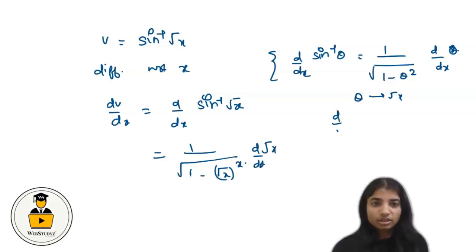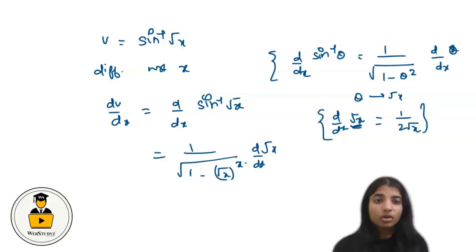And we know that the differentiation of d divided by dx of under root of x is equal to 1 divided by 2 under root x. We can easily calculate this value. Basically, under root of x becomes equal to x raised to the power 1 divided by 2. Then we apply the formula, that is d divided by dx of x raised to the power n is n x raised to the power n minus 1. So n becomes equal to 1 divided by 2, and x raised to the power n minus 1 becomes equal to minus 1 divided by 2. So this becomes equal to 1 divided by 2 under root x.